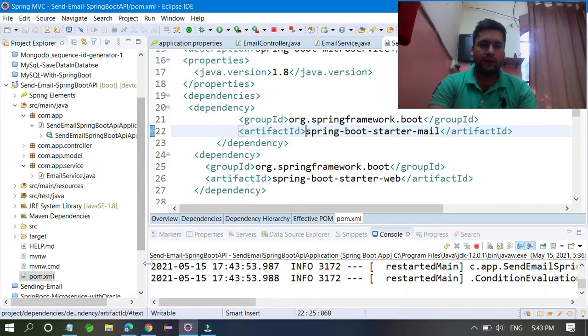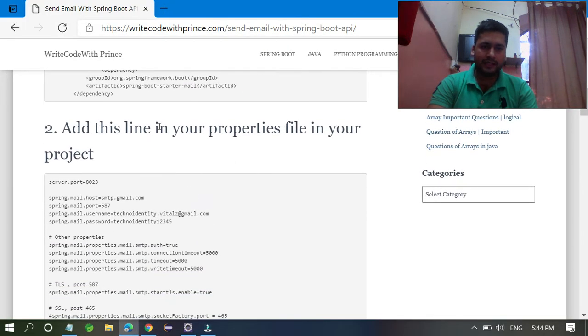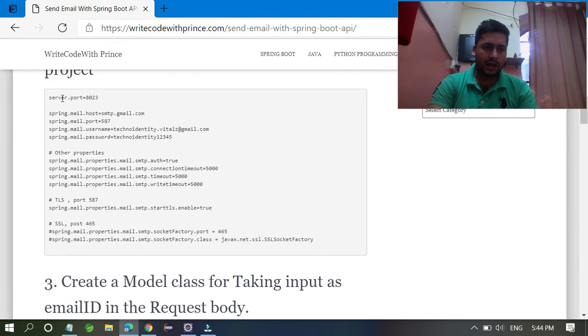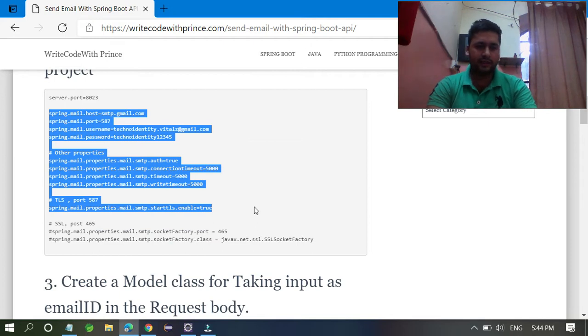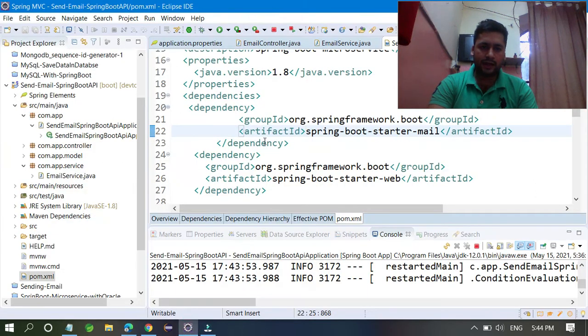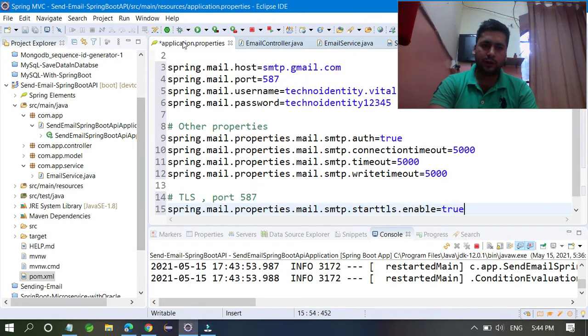Now you have to set properties. All those configurations are there, so add these lines in the properties file of your project. You have already set the port number, so just collect this one and add it in the properties file.